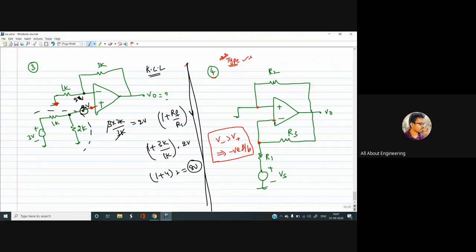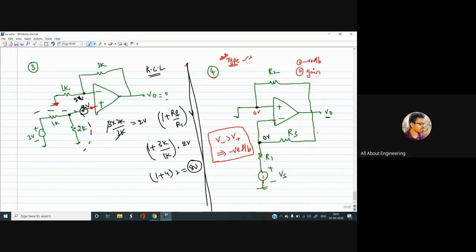Okay, this is connected to ground, right? So the voltage at this point would be zero, and as it is shorted, you will have V0 into R1 by R1 plus R3 from the voltage divider rule. Now you will have some voltage which is greater than zero, so strictly this is a negative feedback circuit. Now, as this is a negative feedback circuit and the gain is very high, you can go with the concept of virtual short. Now, if you go with the concept of virtual short, this 0 volts will appear across this point. So 0 volts. Now your task is to find the output.